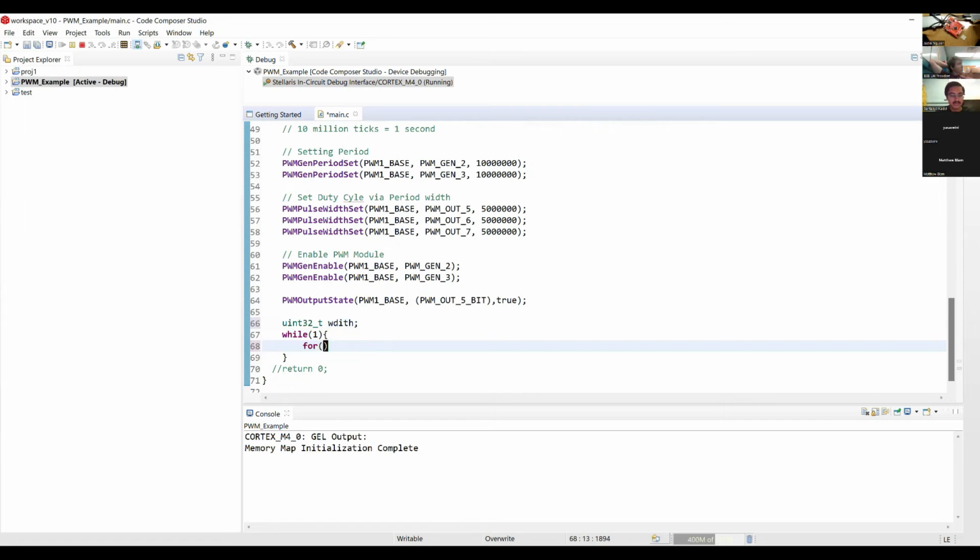And inside here, I'm going to write a for loop. Two for loops. Width starts at 0, as long as the width is less than 10 million, which is the full cycle here, because it can't be more than that, which doesn't make sense logically. And if it's less,